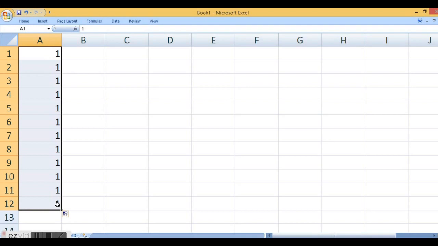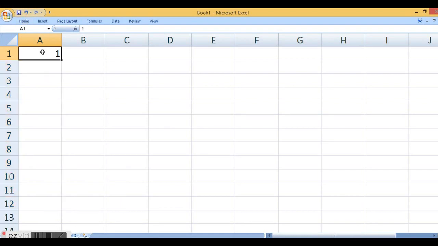But you don't want the same number to be copied, you want the series. Click on this bottom option, called autofill options. If you click on that, an option list opens: copy cells, fill series, fill formatting only, fill without formatting. The bottom two I will cover later. If you select fill series, it will fill the series.